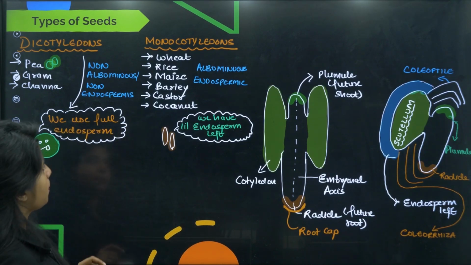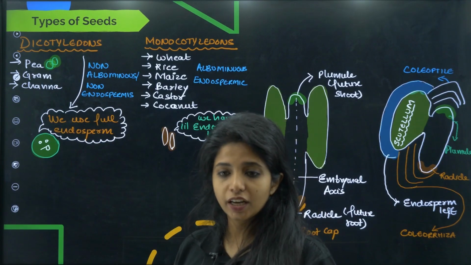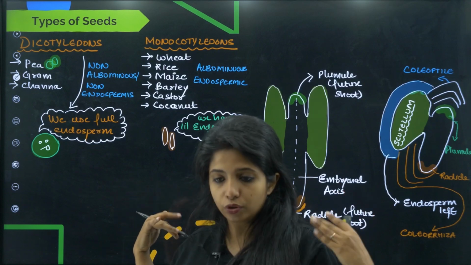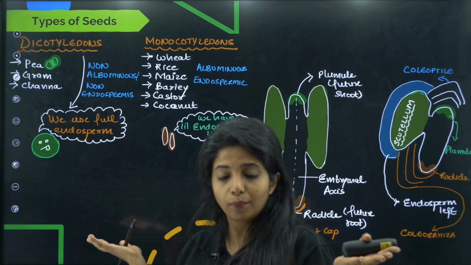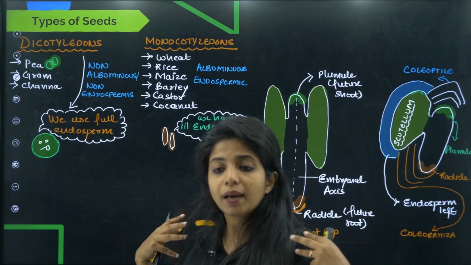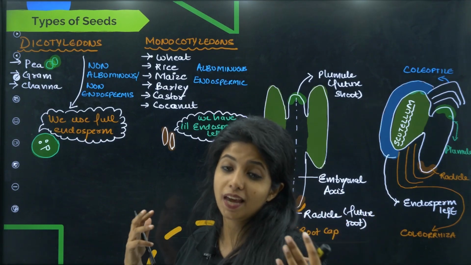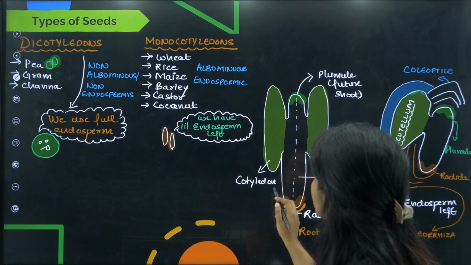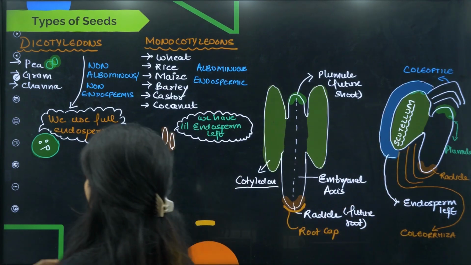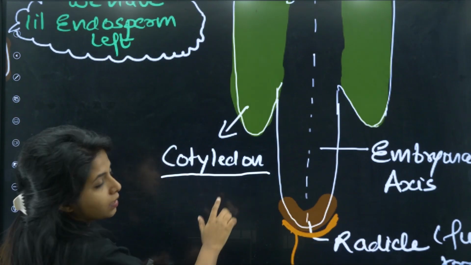Now, listen to me. Over here, this is a pea. It says we use full endosperm. So, endosperm which was there for my zygote's growth into embryo, I use it fully. No endosperm is left. But I am going to store this endosperm in my embryo in a form of something else, which is known as, children, cotyledon. What do you call it? Cotyledon. Do you want a zoom of this? I can give you a zoom up image of this. Okay, this is known as